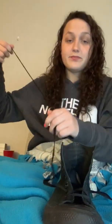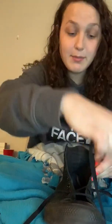Okay, now we're back to start one. You do the same thing, but for this one, you take one shoelace, you put it under, and then you skip the other hole, you go up one, like that, but then with this one, you go under where you missed that hole, and then you go to this hole, which makes up for the missed one, and then you take this one again, skip it,